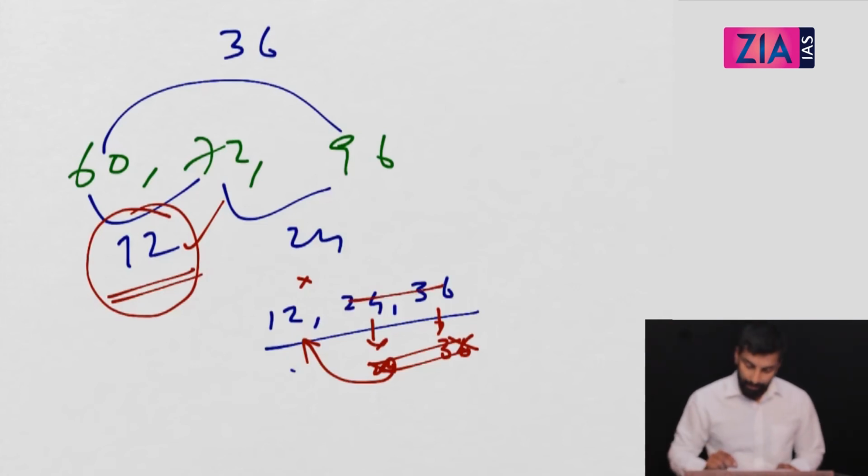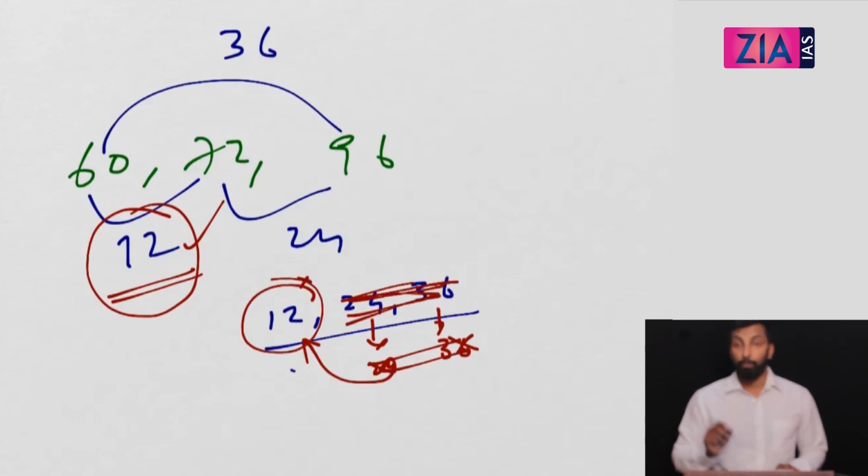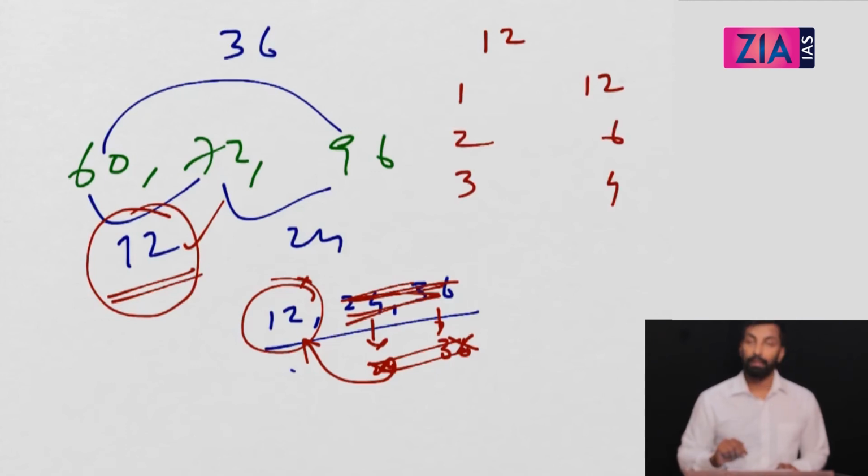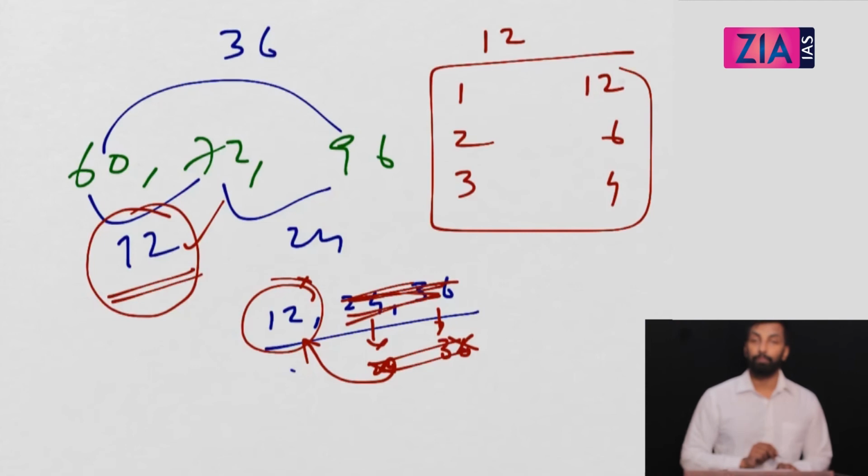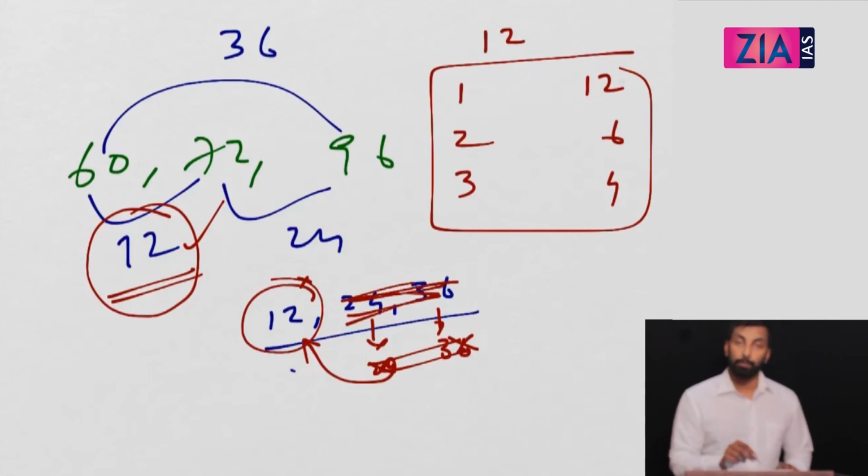So basically I don't want to check the factors of these big numbers. I just need to check the factors of 12 only. So my HCF will be there in the factors of 12 here. In general, my HCF will be there in the factors of the smallest difference. I am not telling you your HCF is the smallest difference itself. Your HCF will be there in the factors of the smallest difference. So what are the factors of 12? 1, 12, 2, 6, 3, 4. So one among these will be your HCF. And most probably the highest common factor will be the highest factor itself. But you need to check it.